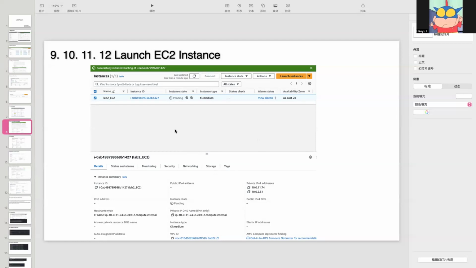I launched this instance running VyOS and Ubuntu, and the instance type is T2 micro,